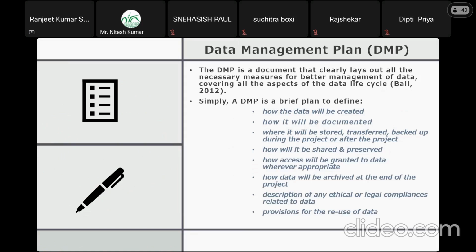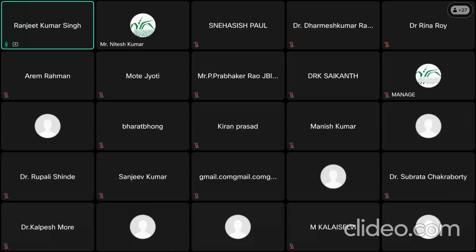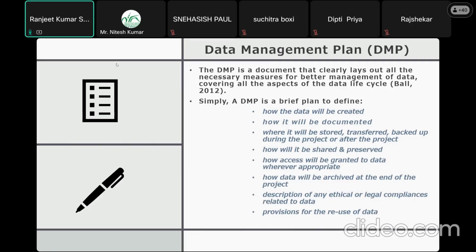In a formal manner, a data management plan is a document, and it clearly lays out all the necessary actions and measures for better management of data, covering all the aspects of the data lifecycle. We have already seen the data lifecycle. At each stage of the data lifecycle, whatever strategies and plans we are making for better data management,